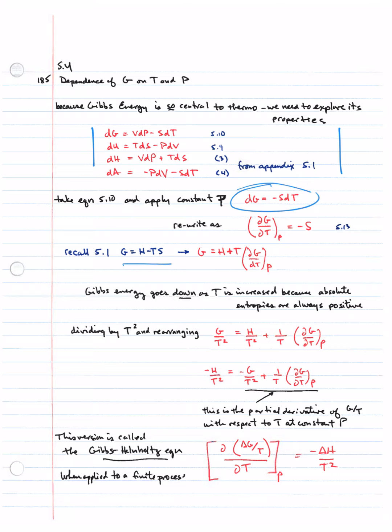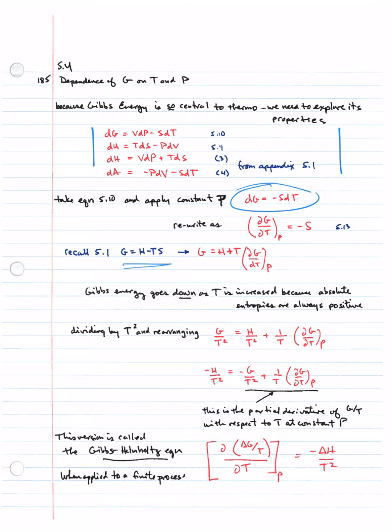Recall that the postulated definition of Gibbs free energy is H minus T times S. So therefore, I could rewrite the postulated form of Gibbs energy as H plus T times the partial. Gibbs energy thus goes down as temperature is increased because absolute entropies are always positive. Did I get that right? Right, now that I see it. So since absolute entropies are always positive, this partial derivative,